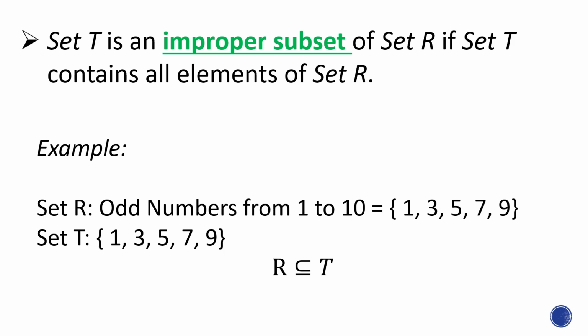And then there's another set, which is set T. Incidentally, the elements of set T are also the elements of set R. So which means that we can say that R is